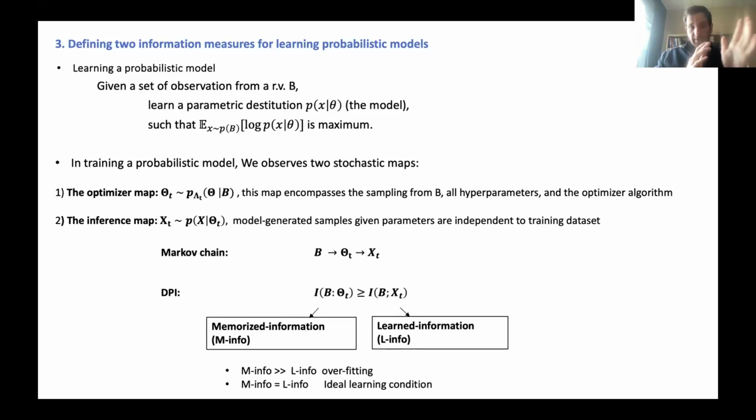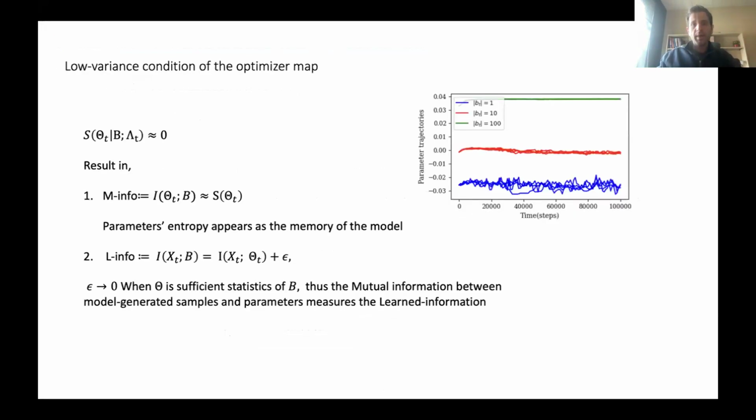But again, it's going to be the mutual information between your ground truth random variable and the parameters of your model. Okay, so there is one observation that can make things more simple for us. And so it's again about the stochasticness of gradient descent. This stochasticness is kind of low variance. That means that it's true that your parameters are evolving stochastically.